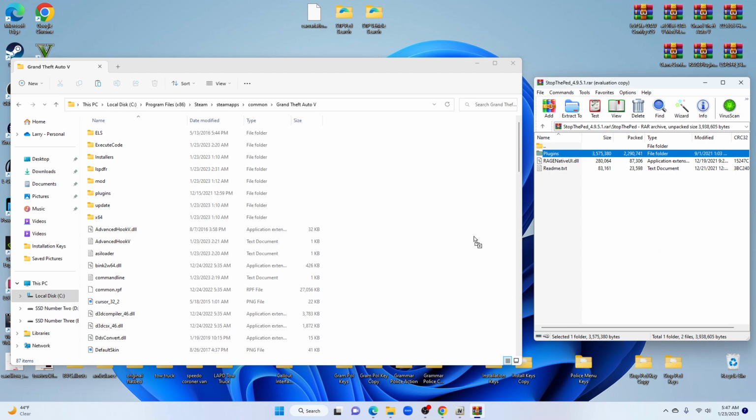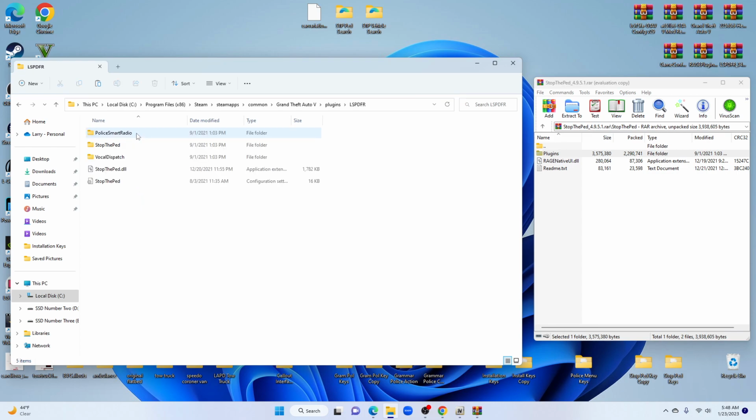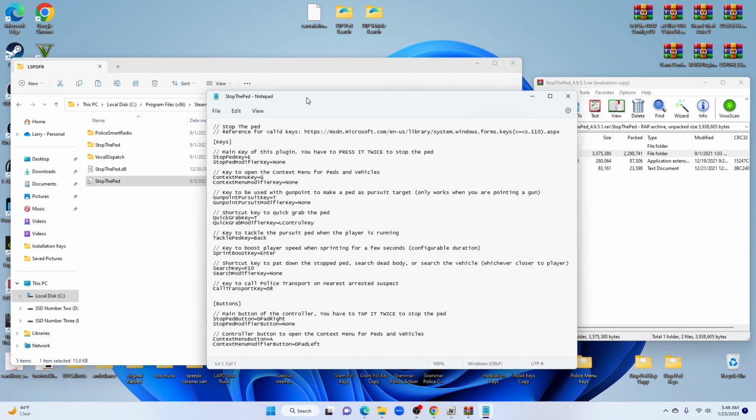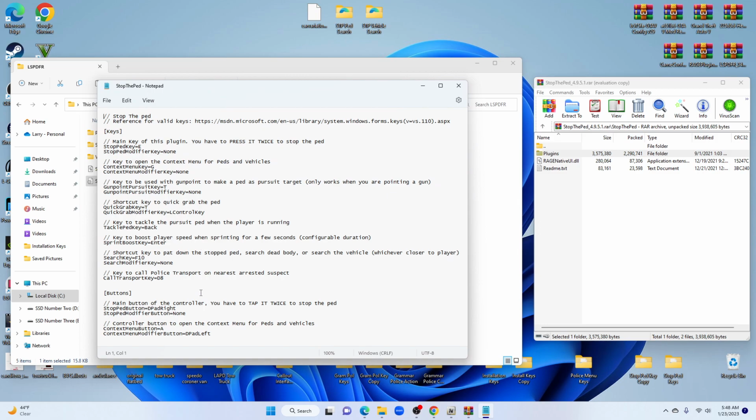All you're going to do is drag and drop it just like that. That's it. Go into the plugins, LSPDFR. As you can see, we don't have very much installed here, so we're going to go through later tutorials: Grammar Police, Prowler Radar, Callout Interface. We'll get all of that stuff installed. But as of right now, you now have Stop the Ped. And a couple of these things,